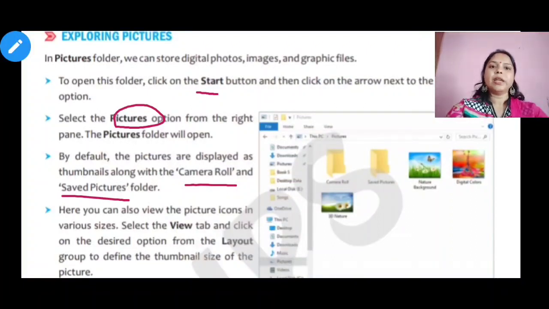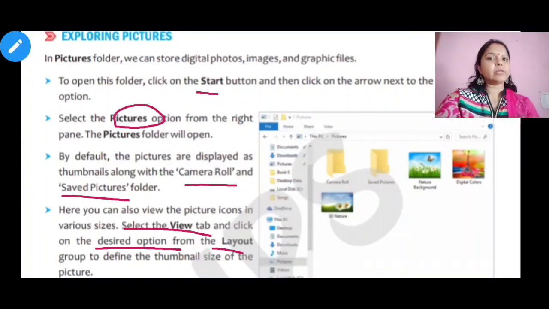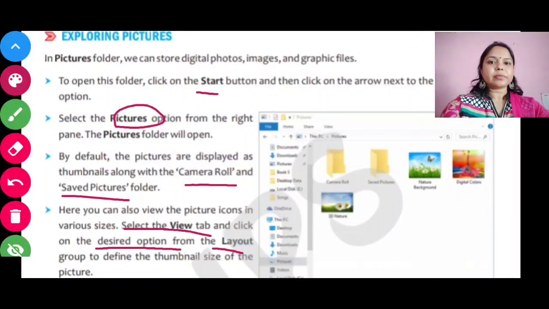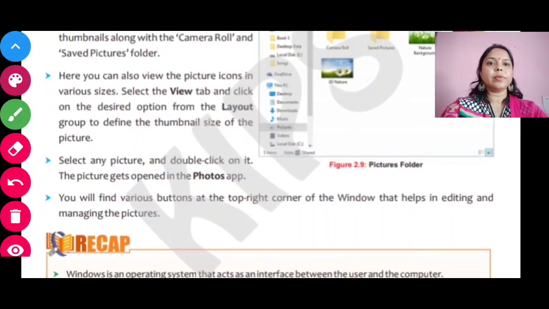If you want to view the picture icons in various sizes, you can select the view tab and click on the desired option from the layout group, and you can define the thumbnail sizes of the pictures. Means you can minimize or maximize the thumbnail sizes also.